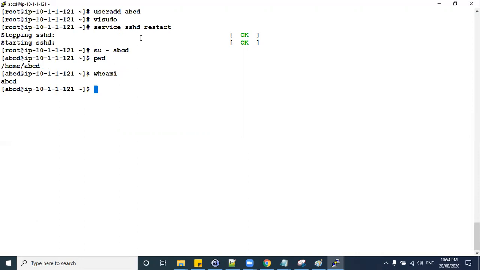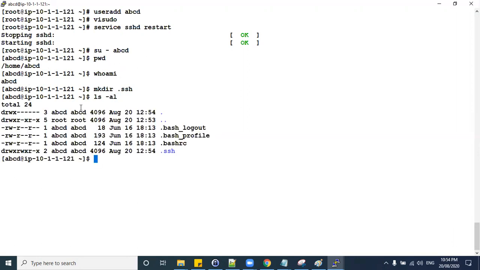Yeah. So home is created. Now under this home, let us create an mkdir .ssh, with group level 2.